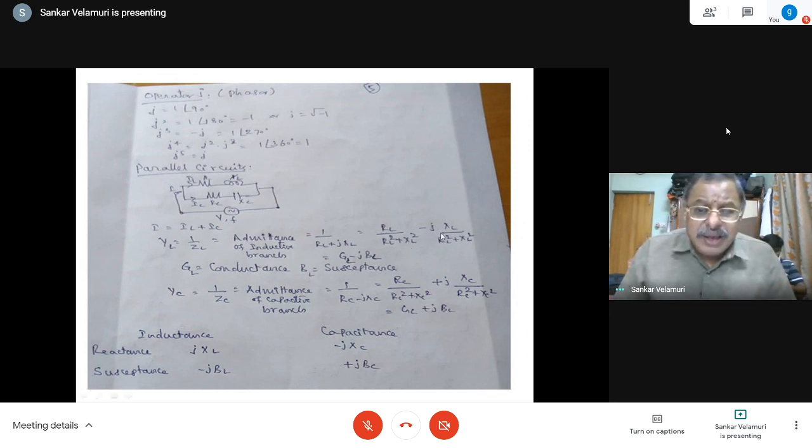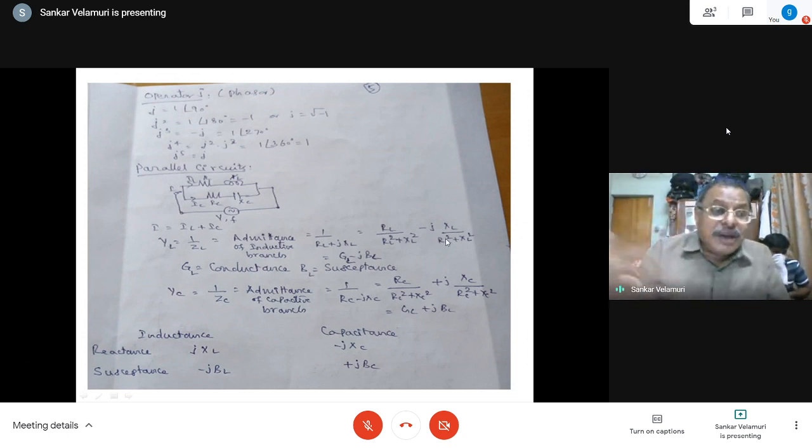And this is the important notation: BL, that is susceptance. Susceptance is the basic concept in this: how susceptible the circuit is to the flow of current, that is, how much it admits or allows the current to flow through. Whereas in the case of the other quantities, we say that it opposes the flow of the current. Here it is opposite, in a parallel circuit, so it allows the flow of the current.